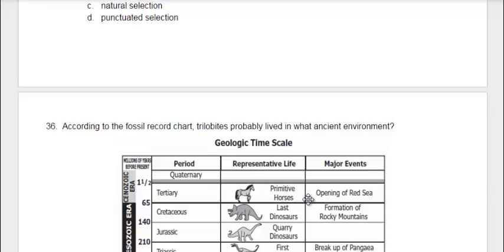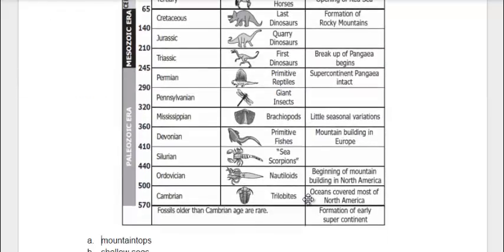The breakup of Pangaea begins. Permian period had primitive reptiles and the supercontinent of Pangaea intact. Pennsylvanian period had giant insects. Mississippian period had brachiopods, little seasonal variations. Devonian period had primitive fishes, mountain building in Europe. Silurian period, sea scorpions. Ordovician period, the nautiloids,